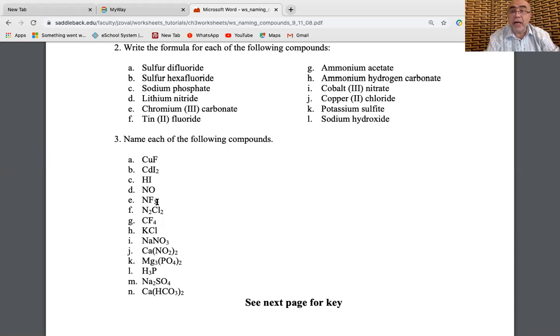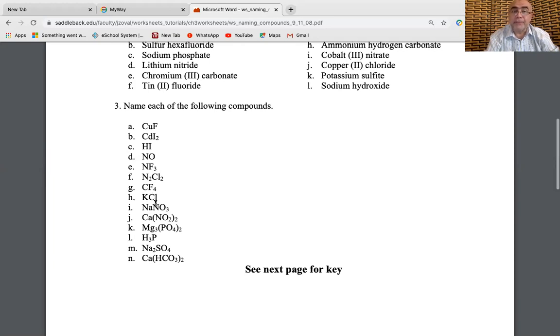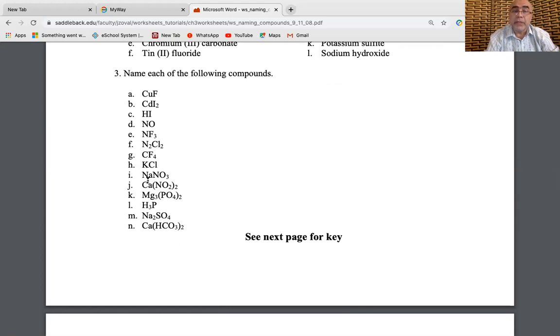Nitrogen trifluoride. Dinitrogen dichloride. Carbon tetrafluoride. Potassium chloride. Sodium